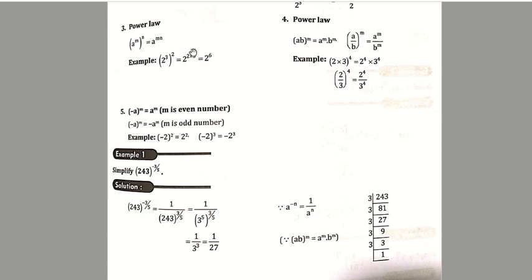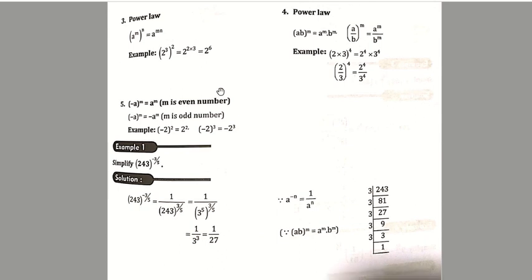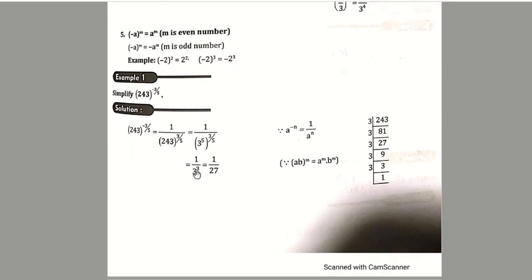So now we know that (ab) to the power of m is equal to a to the power of m into b to the power of n. And so this (3 to the power of 5) to the power of 3 by 5, when you have a to the power of m, the whole to the power of n, that is nothing but your product power law. So a to the power of m into n. So 5 into 3 by 5, you get 3, so 3 to the power of 3. So 1 by 3 to the power of 3, which can be written as 1 by 27.